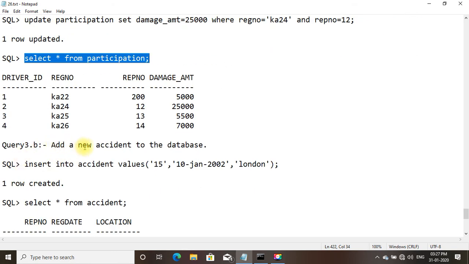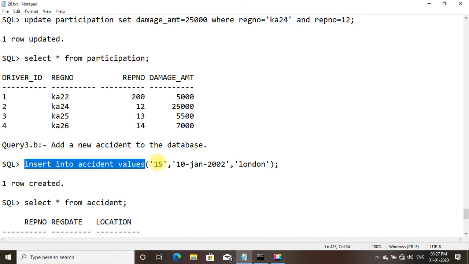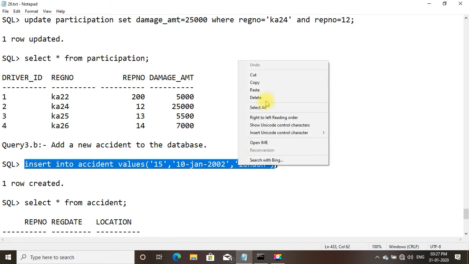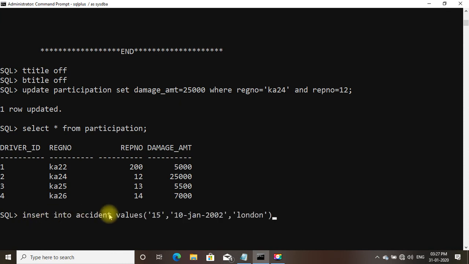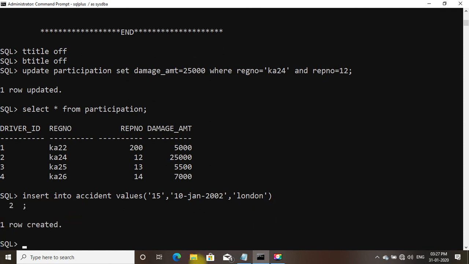Query third B. Add a new accident to the database. So we can do this by using this simple statement. Copy and paste. Insert into accident values 15, 10 Jan 2002, London, semicolon. One row created.